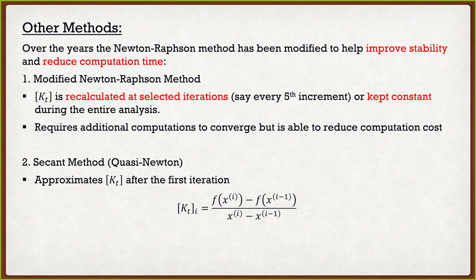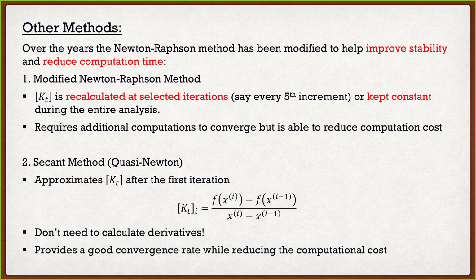Now, what's nice about approximating this is that we actually don't need to calculate any more derivatives. As we're going to see, in a lot of the examples that we did, the derivatives aren't so bad. But in a true nonlinear analysis where everything is nonlinear, those derivatives are painful. So this provides a really nice method in that we don't need to calculate those derivatives anymore. This provides a good convergence rate while reducing computational costs. Convergence rate is something that is still being researched very heavily today, but if you go to a lot of articles, they usually prefer the secant method.